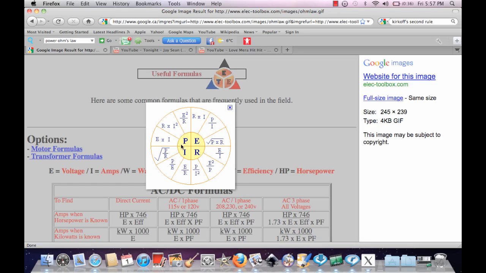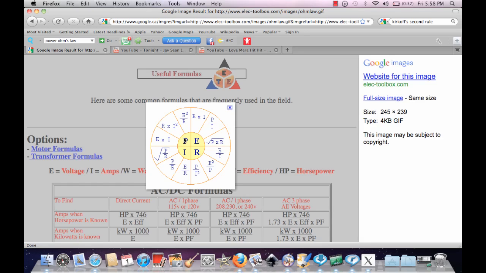If you also know that P is equal to voltage times the current, you're going to be fine. That's generally it. As long as you know a couple of them, you're definitely going to be okay for the rest. Just keep in mind that voltage, resistance, and current are in the same formula, but for power, as long as you can keep in mind that the voltage times